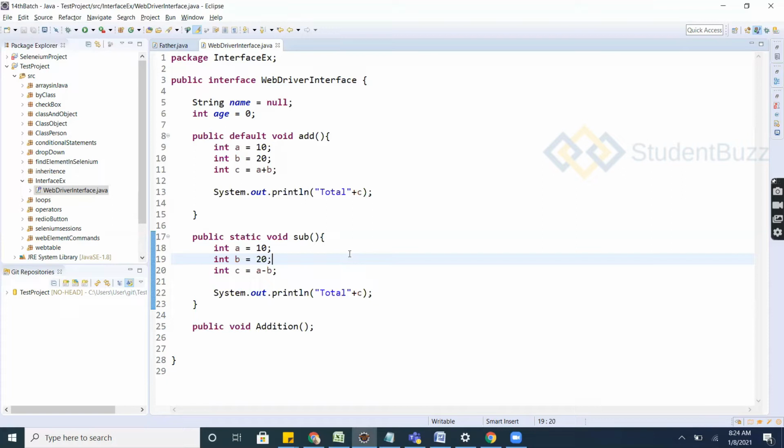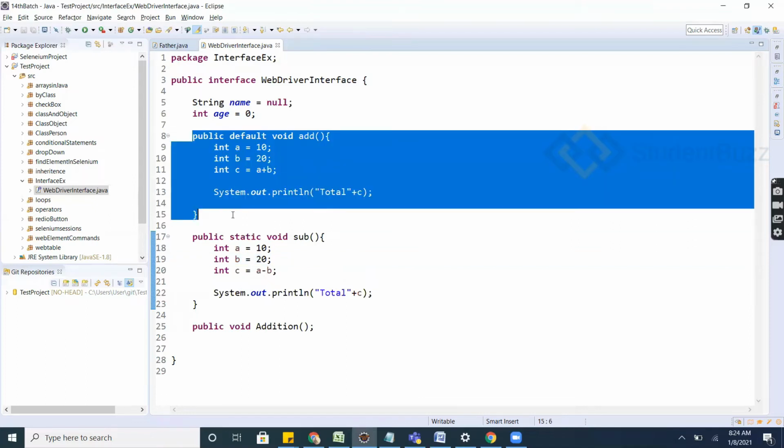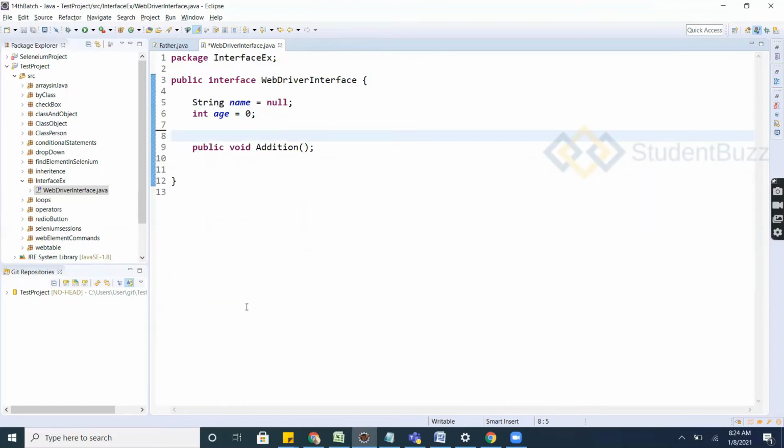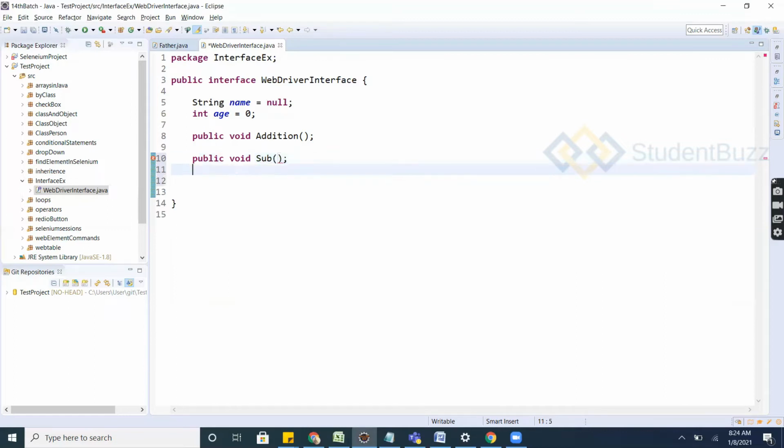Okay, so leave these two. I don't want to jump into it now. Interfaces will have abstract methods, for example a void action, public. What are we doing here?